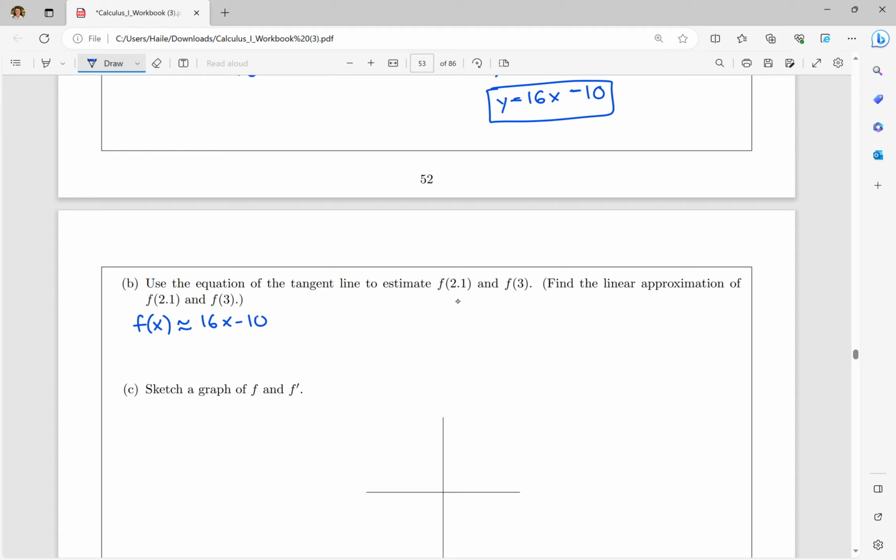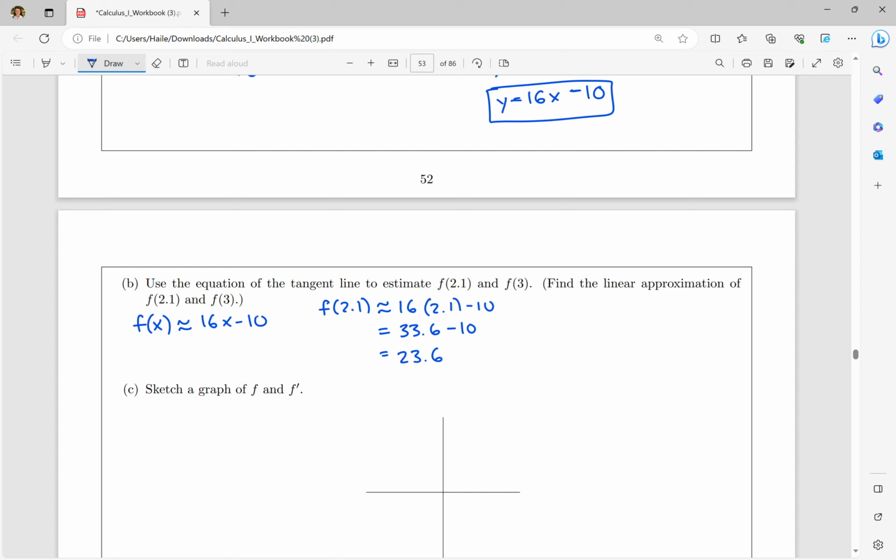So we can say f of 2.1 is approximately 16 times 2.1 minus 10, which gives us 33.6 minus 10,